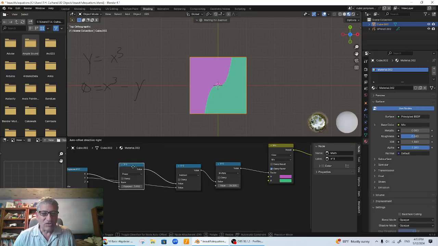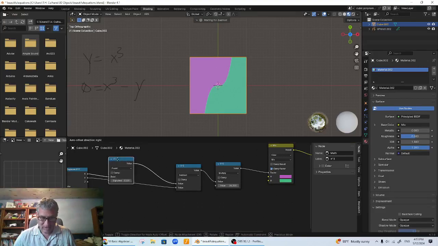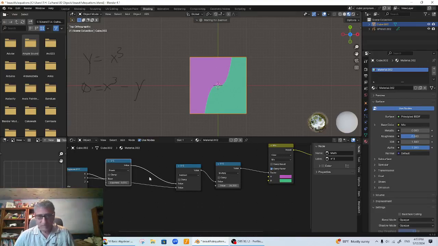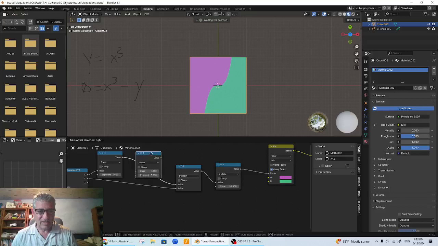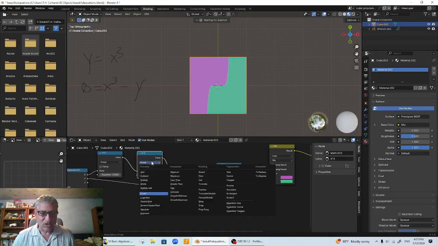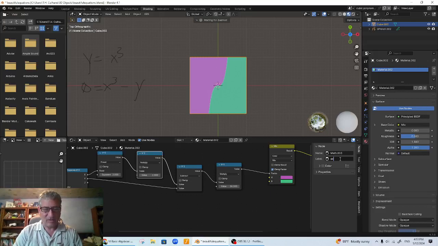Well, that means that this should have something that it multiplies by after we cube the x, because in the PEMDAS rule, exponents or powers take precedence. So let's take this and Shift D and duplicate it and change it to multiply, and saying that this is ax